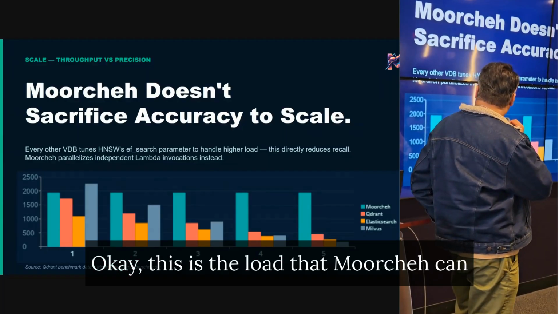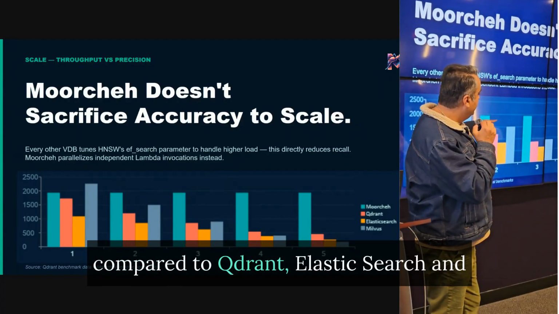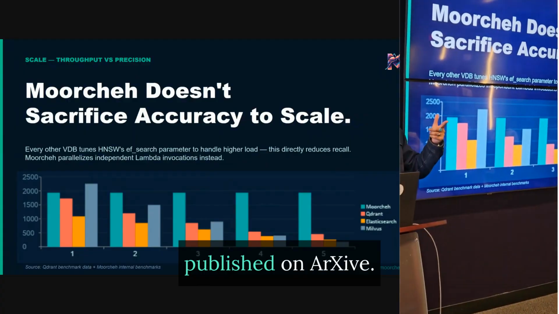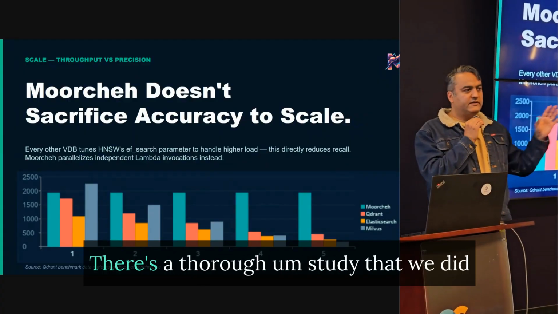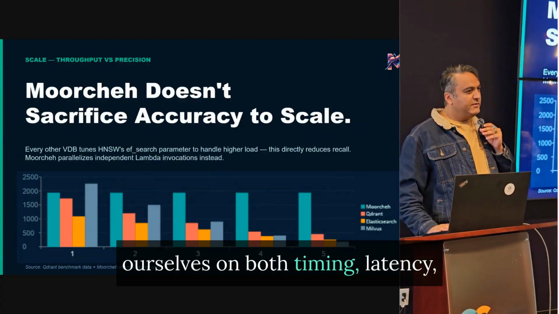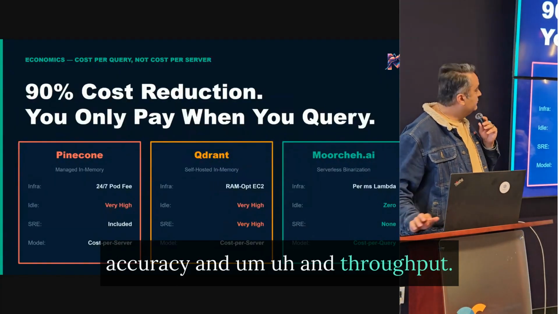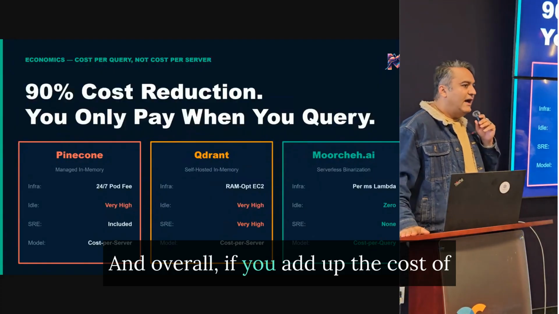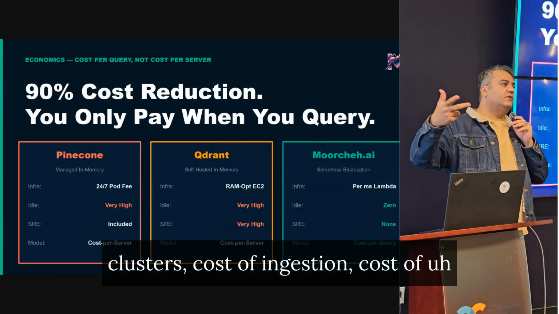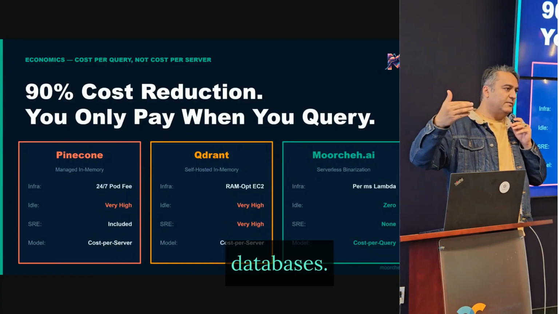okay, this is the load that moorcheh can handle, the concurrent number of queries, compared to Qdrant, Elasticsearch, and Milvus. By the way, our white paper is published on arXiv. I can share the link with you. There's a thorough study that we did ourselves on timing, latency, accuracy, and throughput. And overall, if you add up the cost of clusters, cost of ingestion, cost of running and managing the databases,